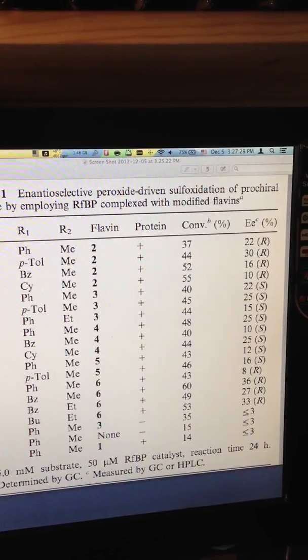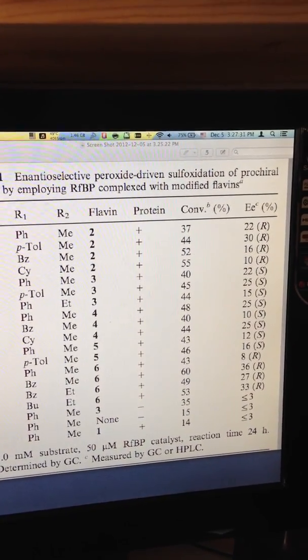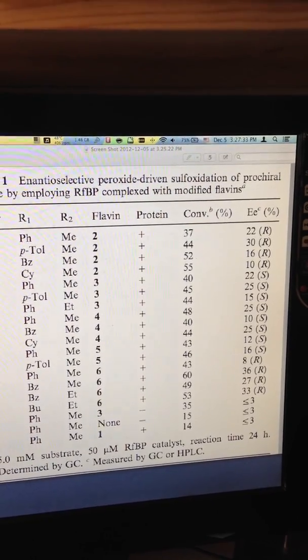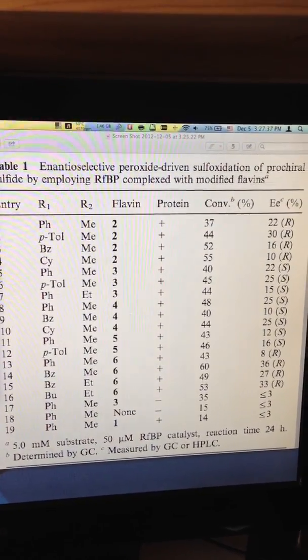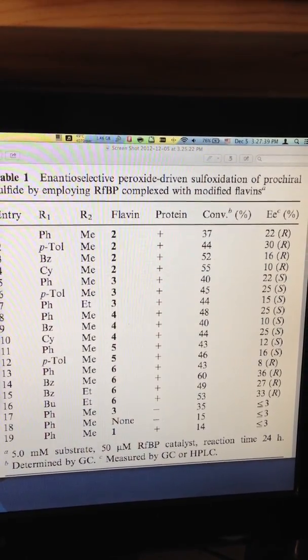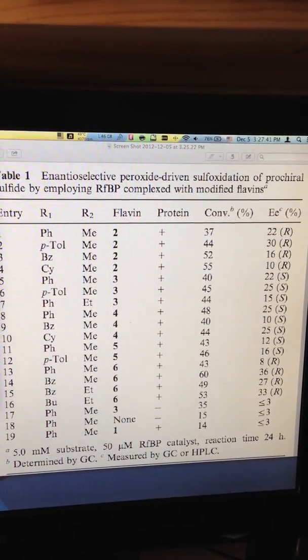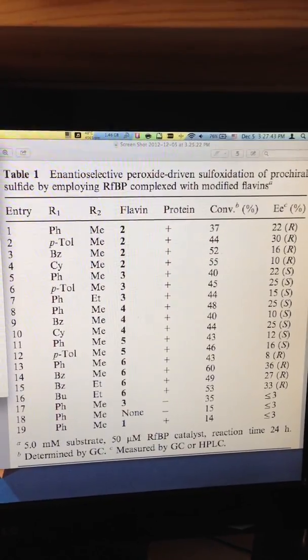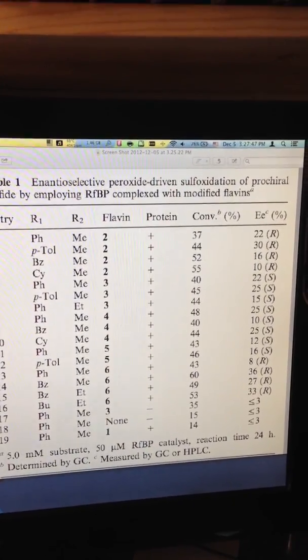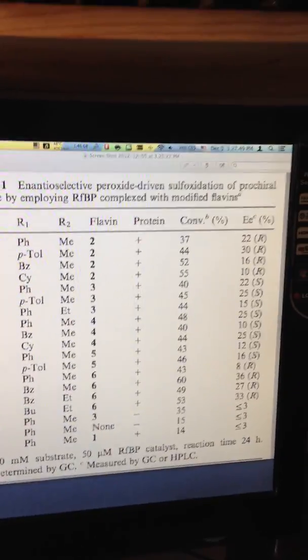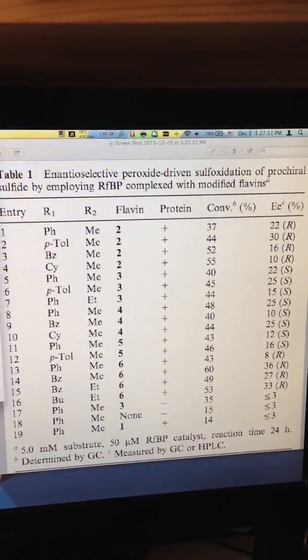Monooxygenases perform selective oxidations of organic substrates under environmentally benign conditions. Due to this and their chemo-, regio-, and enantioselectivity, monooxygenases are regarded as extremely valuable biocatalysts. Nonetheless, this application of monooxygenases